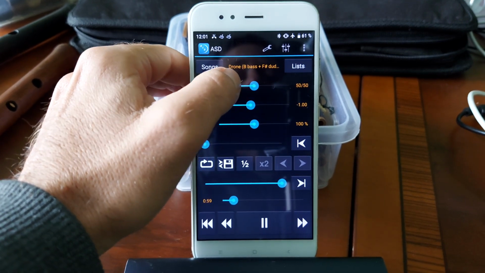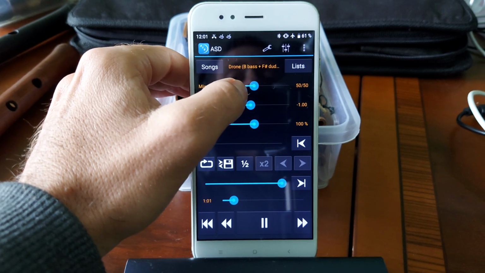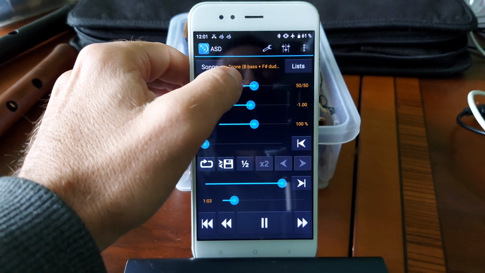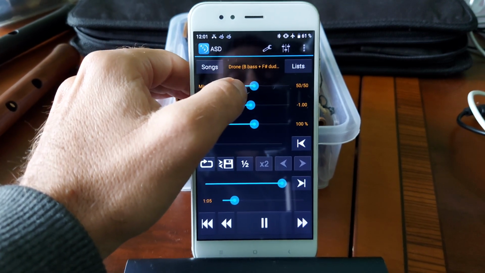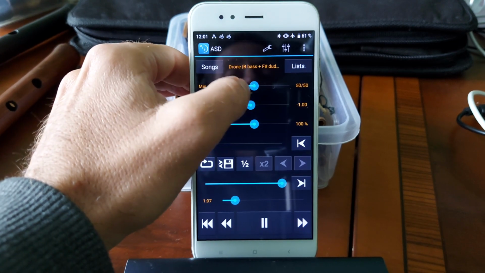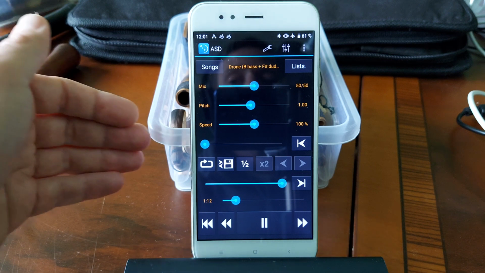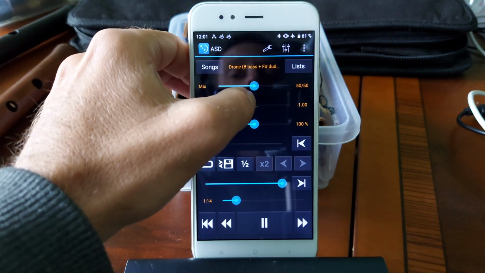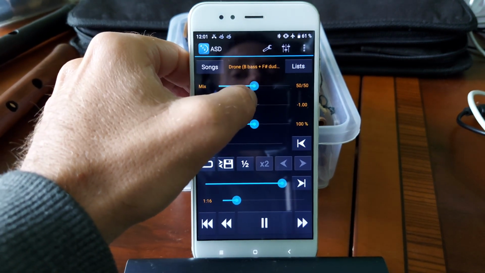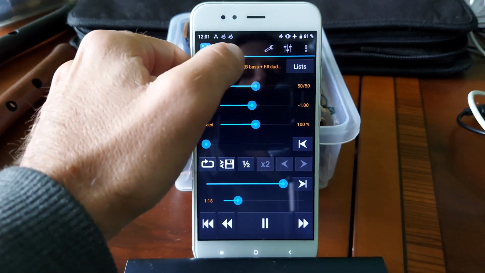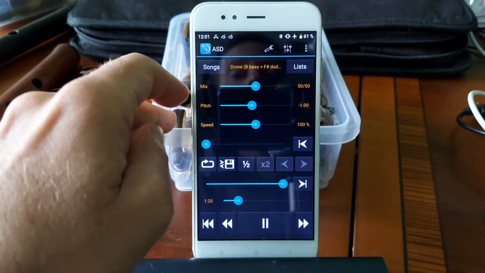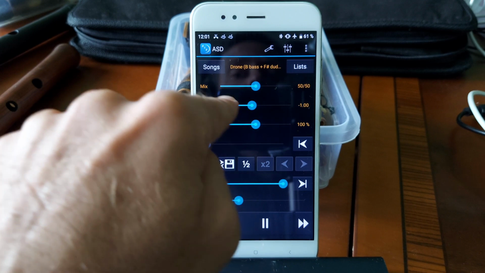It depends on what key of duduk you currently have and what composition you are going to learn. Or if you have a drone in B and you need it in B flat, let's say, you can just go with this bar, no? But that's not the only function this bar has.